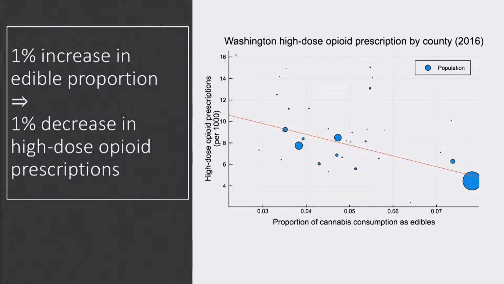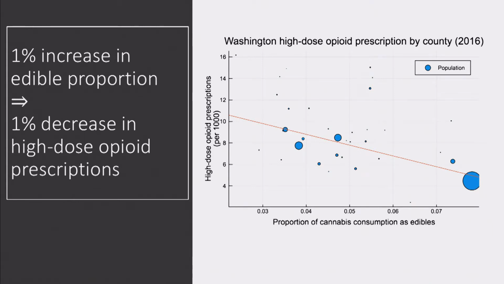So, like the other team, we saw the general decrease in opioid and increase in marijuana correlation over time. But if you look at it as a snapshot at a particular point in time, so this is 2016, you don't see much correlation. So what we instead looked at is factors within how the marijuana use differs between different areas within a state.